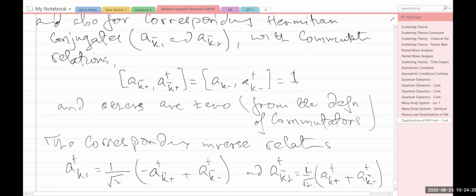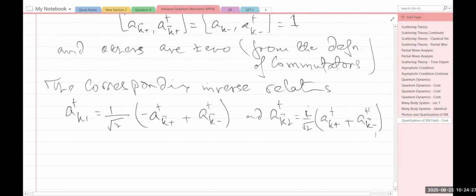So we have these two, and those combinations which are appearing in the